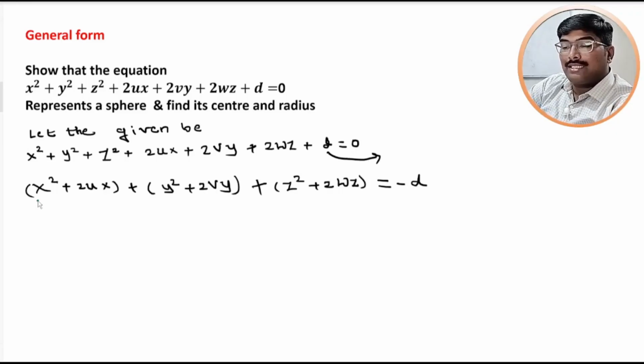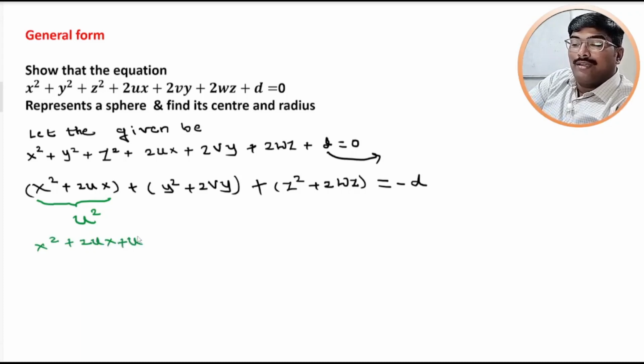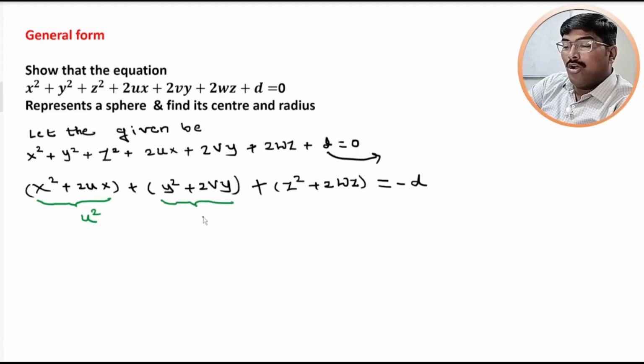If we see the first bracket, the term containing u square is absent. If you add u square, you will get x square plus 2ux plus u square. So it is a complete square. We can write it as x plus u whole square. So to make a perfect square, you have to add u square to the first bracket. Similarly, to the second bracket, you have to add v square, and to the third bracket, we have to add w square,